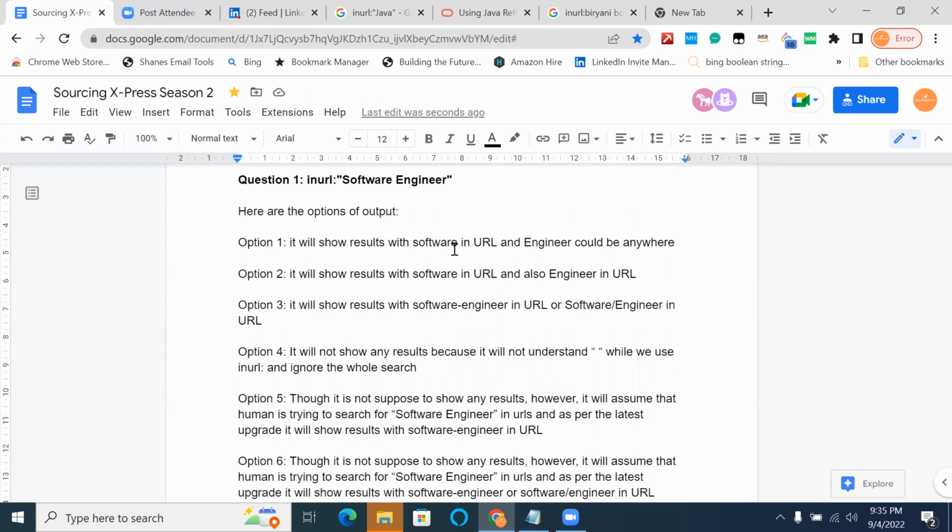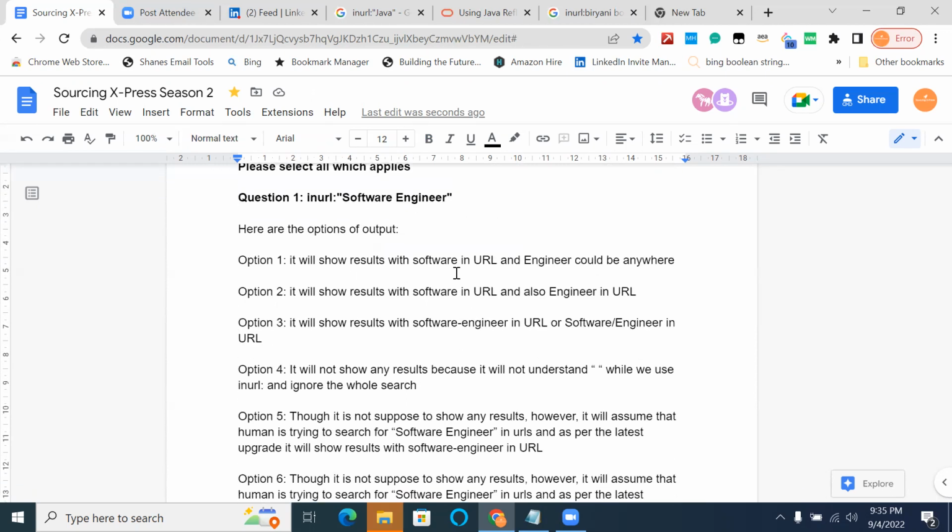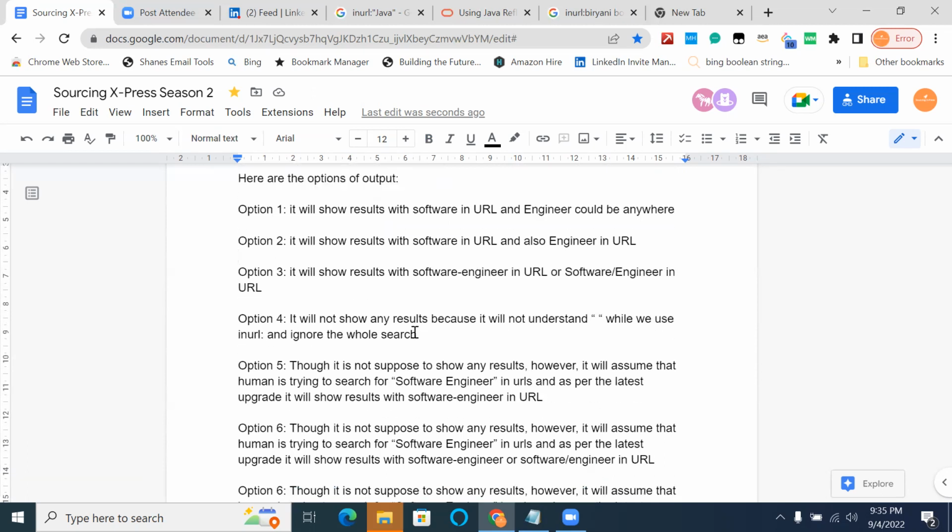It will show a result with software in URL and engineer could be anywhere. It will show result with software in URL and also engineer in the URL. Select the right options. Please select all which applies. It will show results with software hyphen engineer in URL or software / engineer in URL. It will not show us any result because it will not understand double quotes while we use in URL and